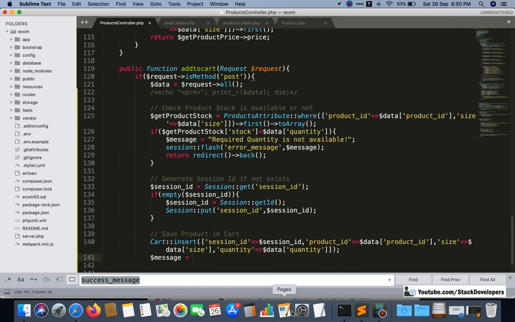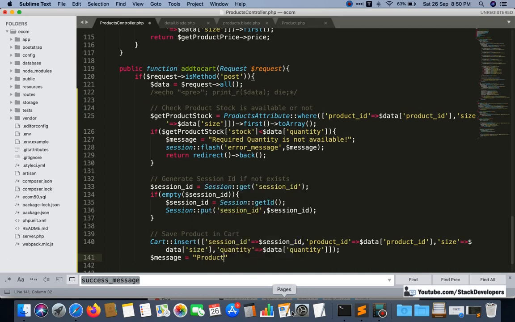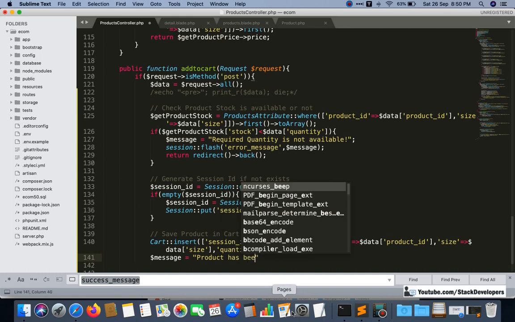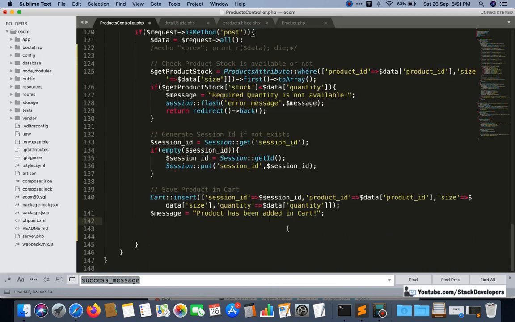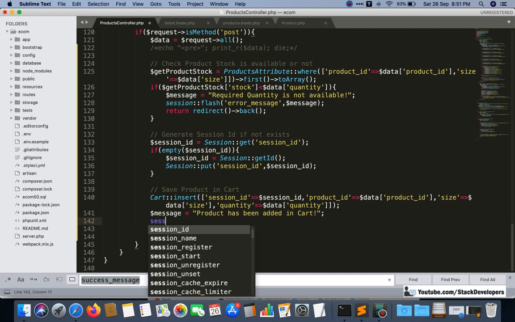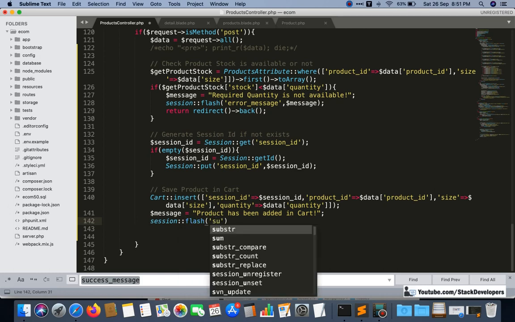Dollar message, product has been added in cart. Okay, and then we are going to display here, once again, that session flash success message.